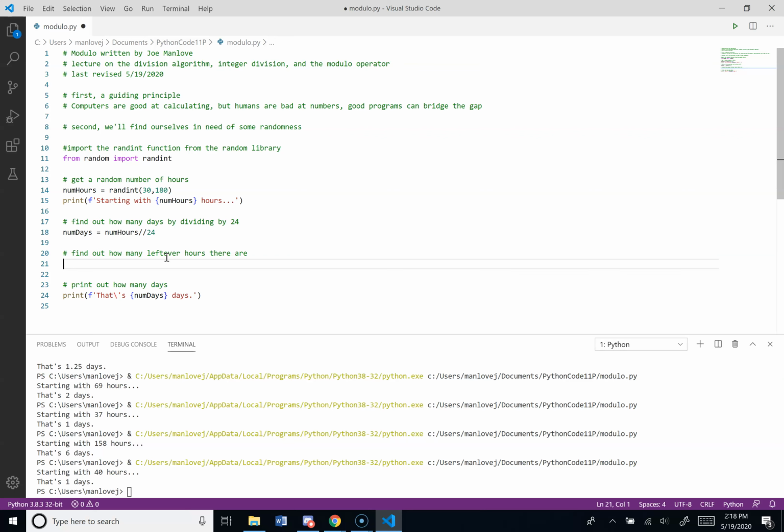So in order to make it easier on ourselves, how many leftovers there are is already built into the computer language. So I'm just going to say leftover hours is num hours, the number of hours I started with, and then this is a modulo operator. This is giving me the leftovers after you divide by 24. So I'm just going to add that to my printout. So that's going to be num days, and